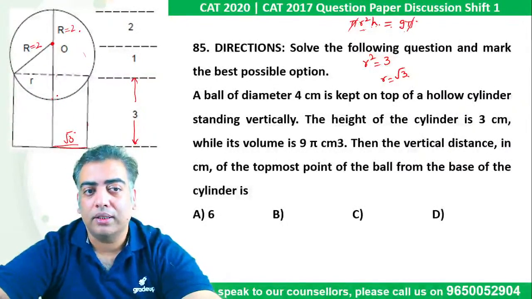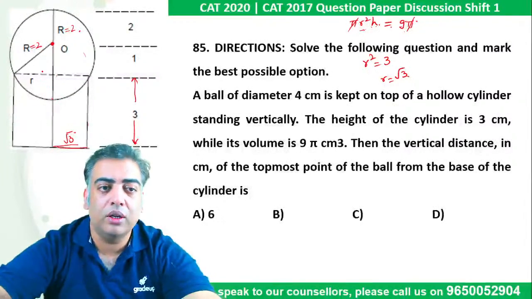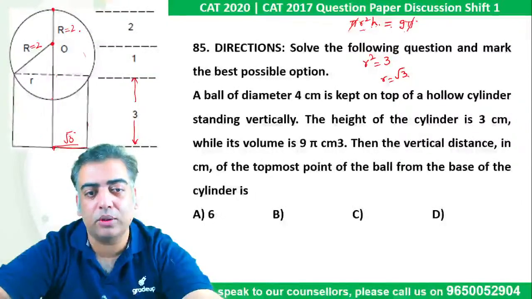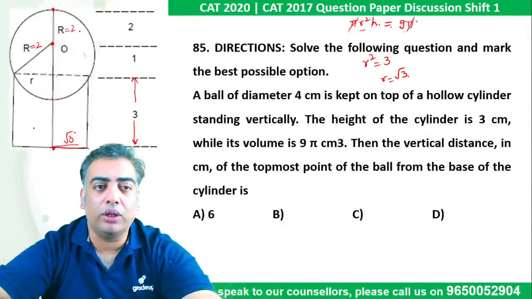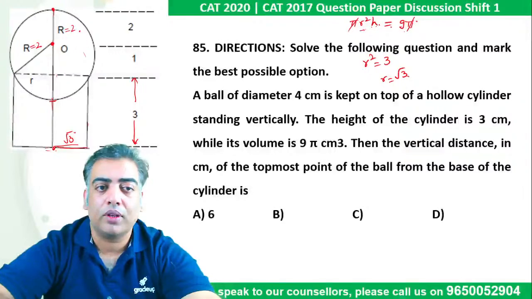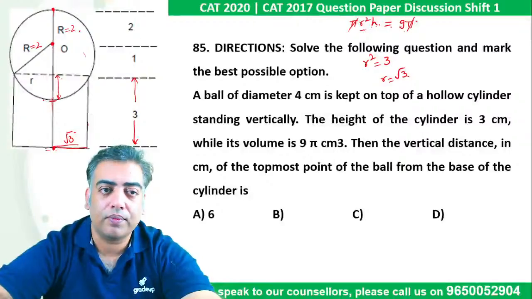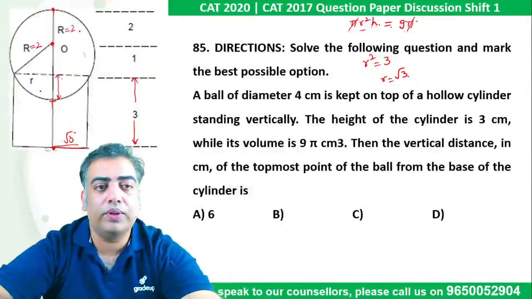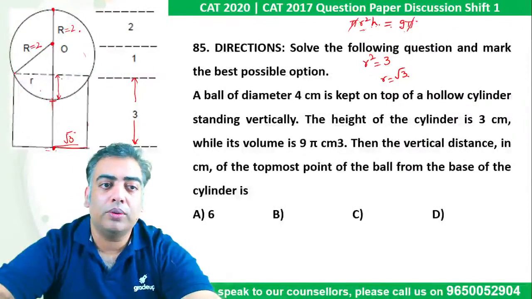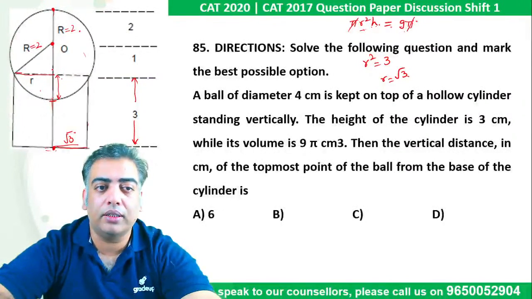Now it says the vertical distance in centimeter of the topmost point of the ball from the base of the cylinder. In order to solve it, I know this much is 2, this much is 2, and I am required to find this much length. In order to do so, we can always draw a right angle triangle in these kinds of cases. So this is going to be a right angle triangle wherein this side is 2 and this side is root 3,